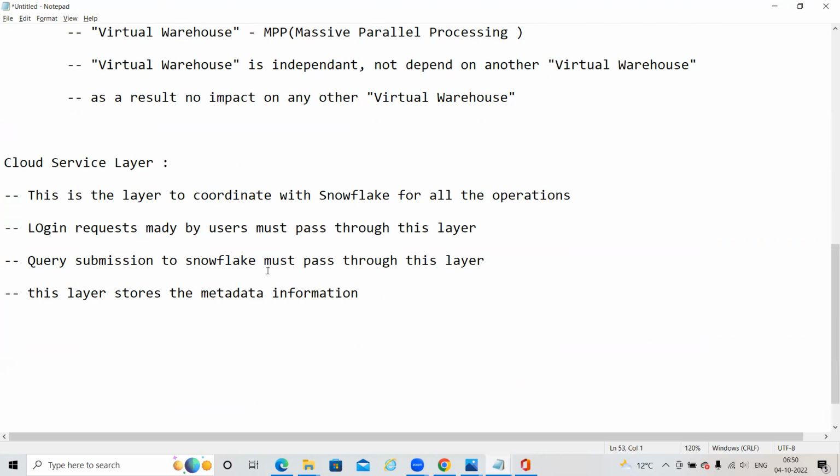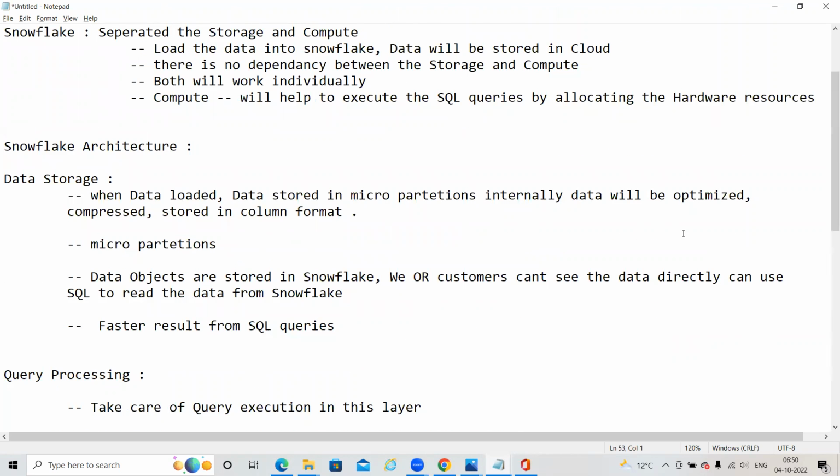And then we will discuss this. What is a micro partition?